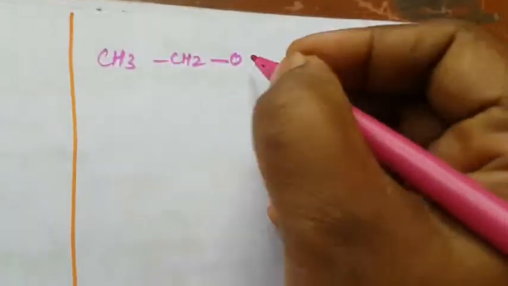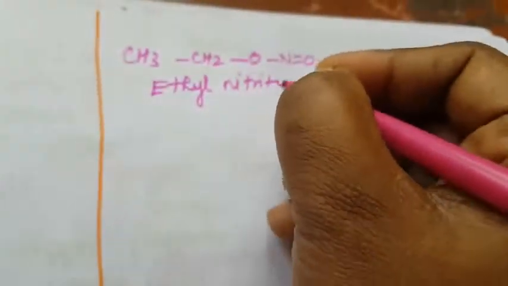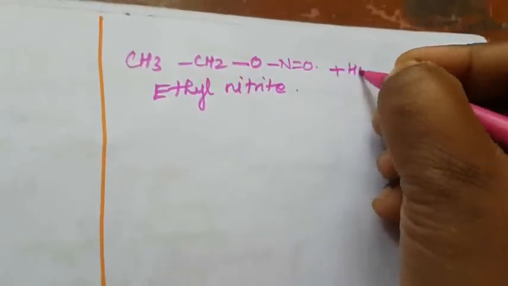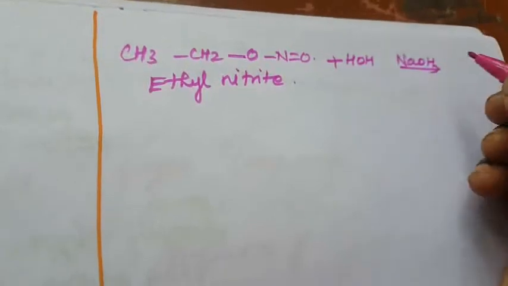On the other hand, the nitrate: how to write the same compound? How to write the nitrate compound? CH3 CH2 then O N double bond O, that is ethyl nitrite. What is the name of this compound? Ethyl nitrite. Okay, so again it will undergo hydrolysis in the presence of alkali, that is sodium hydroxide, to form